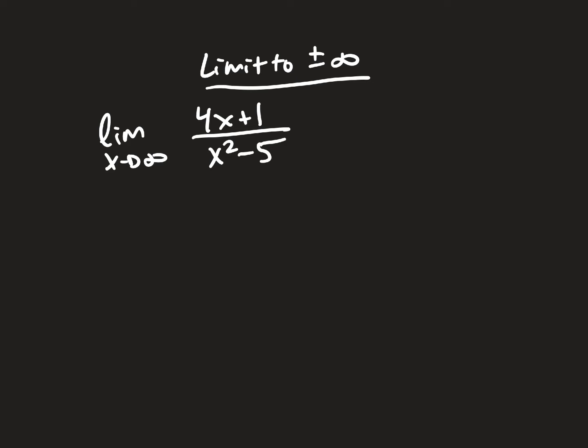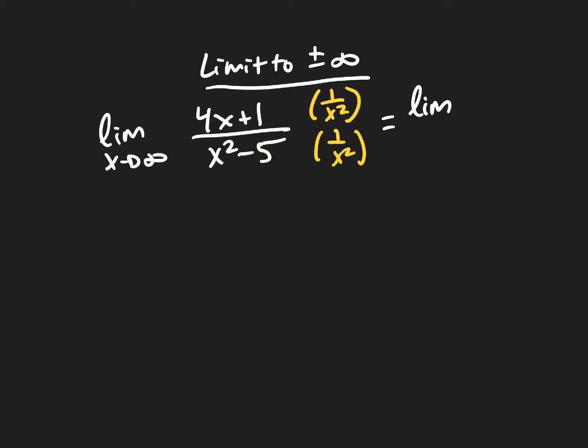So one strategy for figuring out limits to infinity is to multiply the numerator and denominator by 1 over the variable of highest degree. So in that case, I notice the variable of highest degree is x squared here. That means the variable raised to the highest exponent. So I'm going to multiply the numerator and denominator by 1 over x squared. And in doing so, I get,